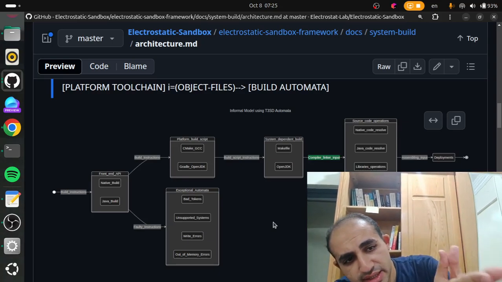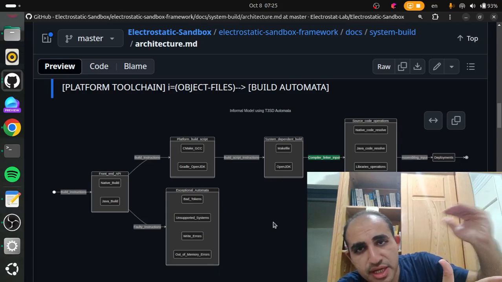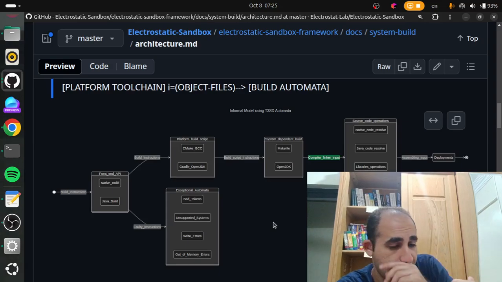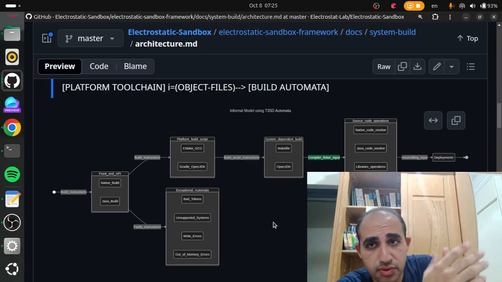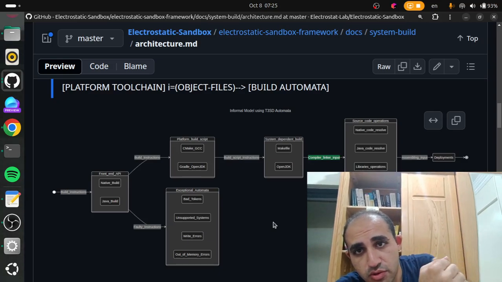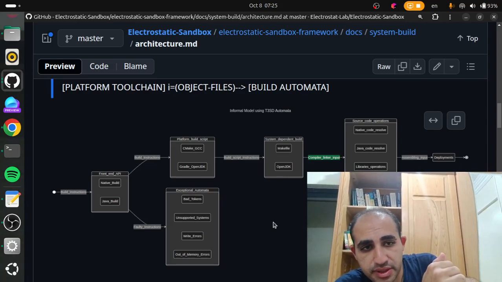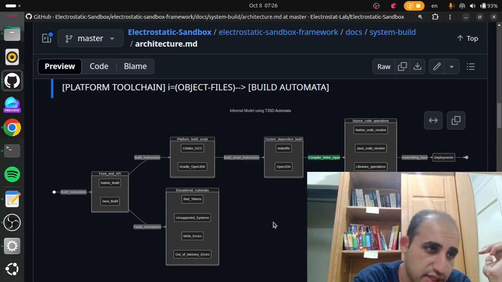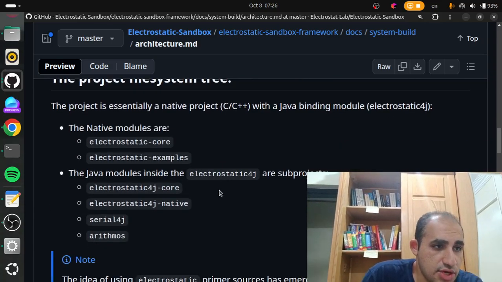So basically, you build the compilation units and then you link them together, right? And then you package them into static libraries, for example, or either static libraries or dynamic libraries, right? We have both options in this case. And the final step is assembling the output, which gives you a deployment. You can read all this, but I'd like to go over the source files or the source code that we